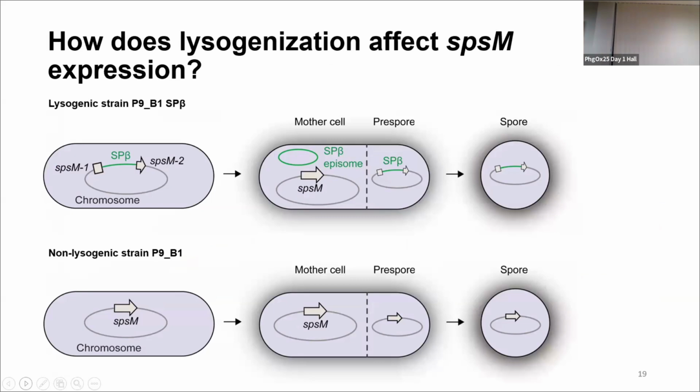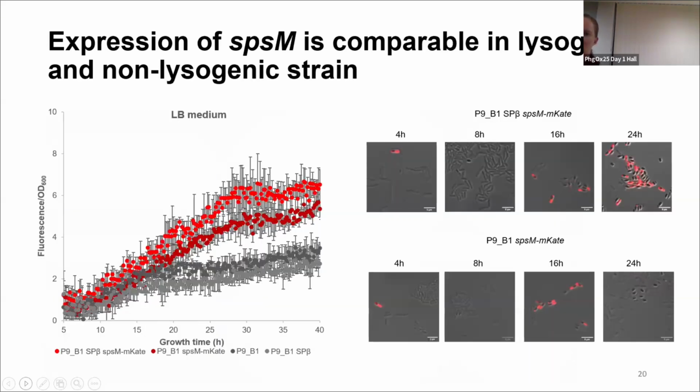Basically, we wanted to see how the actual presence of this phage could affect expression of the gene that it's interrupting. So to do this, we again had a reporter, where both reporters were present in the lysogenic or non-lysogenic strain. And then I'm also showing the 2 controls without the reporters, which are in gray. And as you can see,